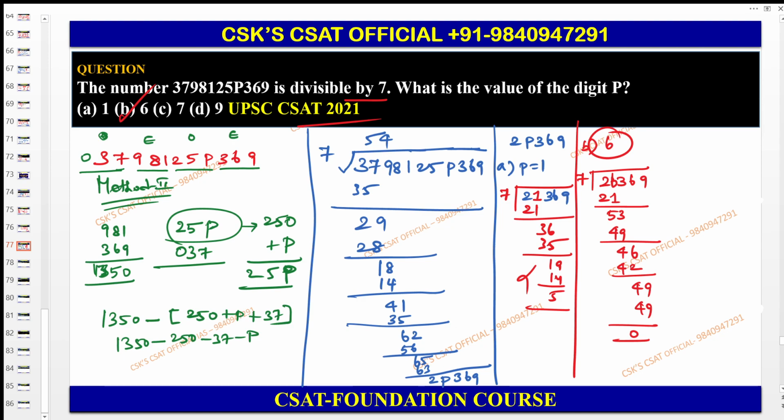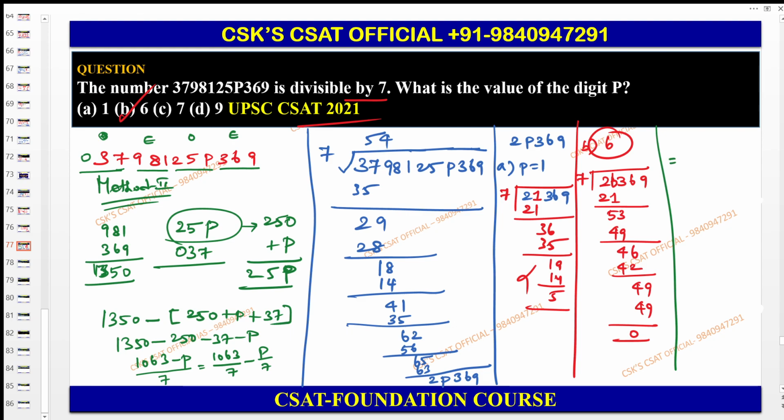This one, can we say 1063 now? Yes, sir. Minus p. Now understand, this has to be divisible by 7, right? Since it has been given as divisibility by 7. So what is the divisible concept? The whole divisible can be split as a separate divisible also, right? So with this logic, what you can do here,